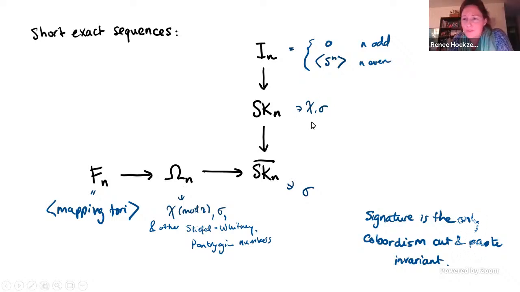So in terms of invariants, the Euler characteristic is an invariant of SK, but not of cobordism. But if I kill that one, then all that remains in the cobordism cut-and-paste invariants is the signature. So clearly these groups are quite simple in terms of the invariants they amount to. But it would be nice if perhaps we can build some higher structures of manifolds out of them that would yield more interesting insights.